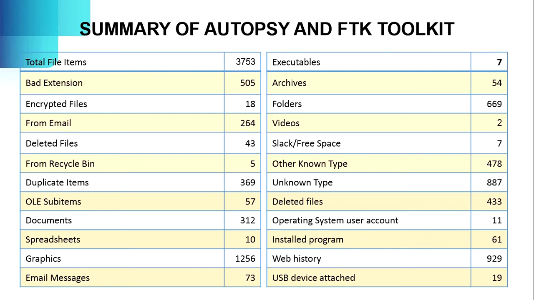There are 369 duplicated files, 312 documents, 10 spreadsheets, 1,256 graphics files. There are 73 email messages, 7 executables, 54 archives, 2 video files, 7 slack and free space files, 887 unknown file types,